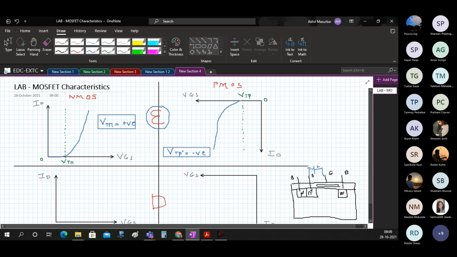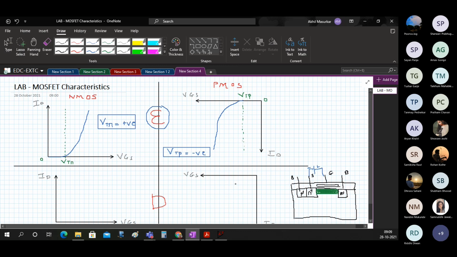Now if there is a channel already, if somebody has already made this channel here, if the channel already exists when no voltage is applied, so if we have an N-type channel here like this, if we have fabricated the channel like N plus and N plus here, then the channel conductivity initially is very high.